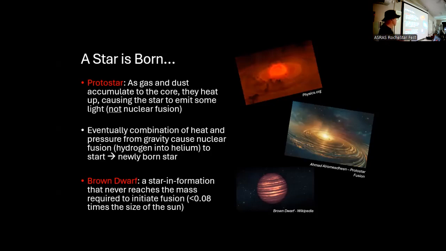a failed star in essence. And the size needed is, if you were at Jeopardy last night, this was one of the answers, the mass a star needs in order to initiate nuclear fusion is about 0.08 times the mass of the sun. This answer was expressed as 8% last night, but it was the answer. And at first, brown dwarfs were only speculative, but now they've actually identified them using telescopes that weren't available to people who first proposed that these could happen.